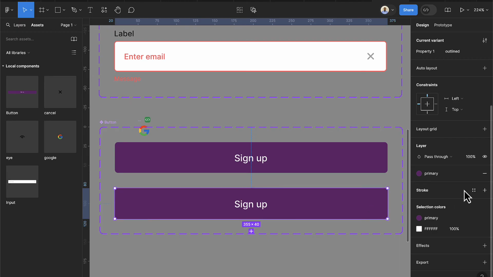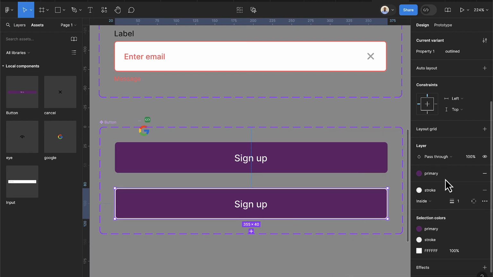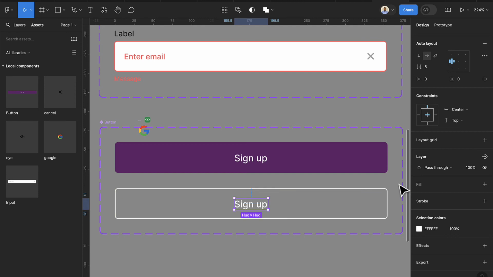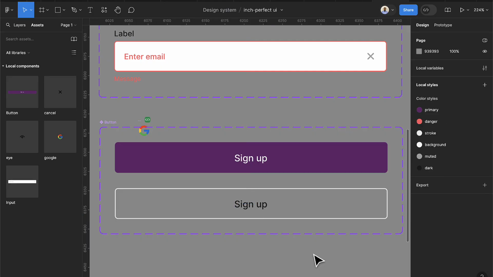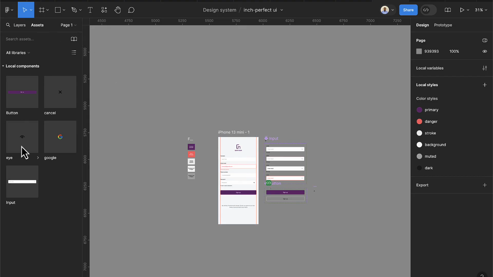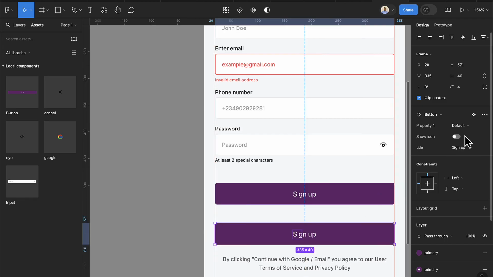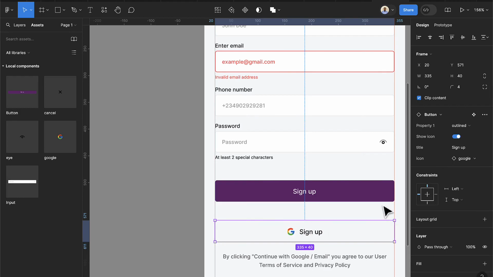The same thing for this, I'm going to add a stroke. This time it's not going to be primary. It's going to be our stroke color. So our primary color here, we're going to minus that. And this white color here is going to turn to dark. So we have this, and then we can bring this here. Let's drag, or we can duplicate this with Ctrl D, drag this here, and just change that to the outline. For the outline, we can just show the icon and we can just continue with